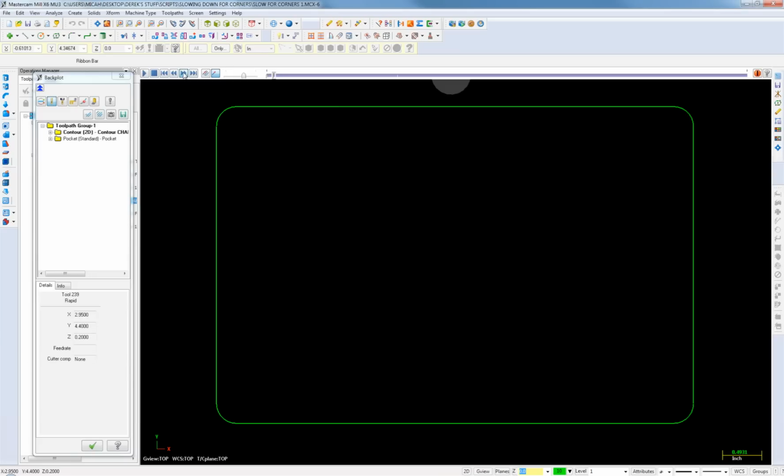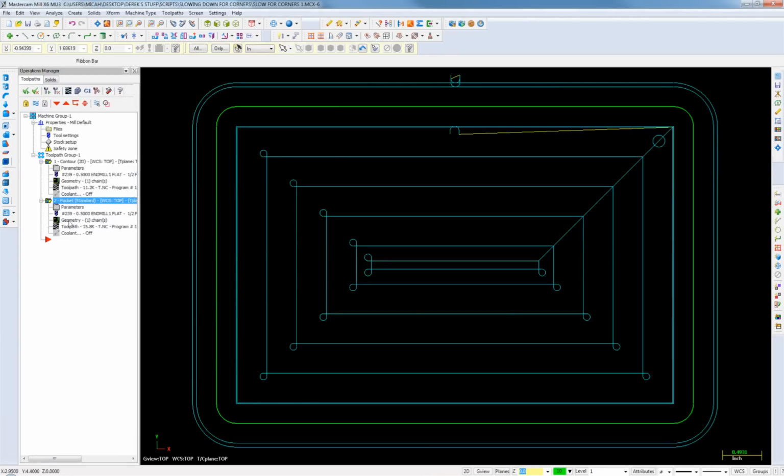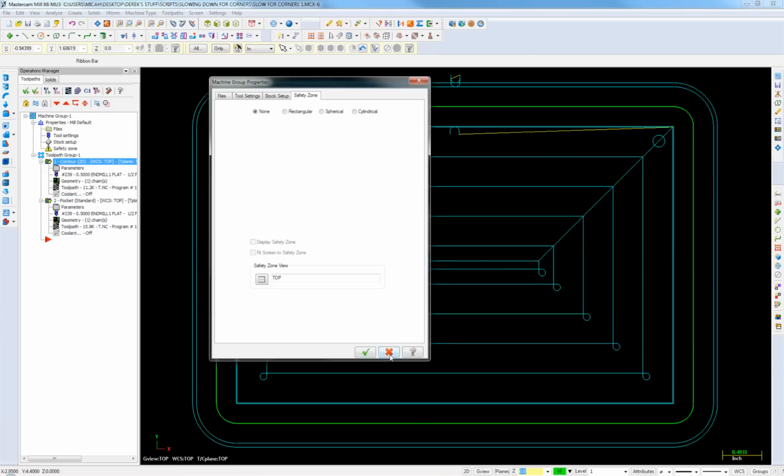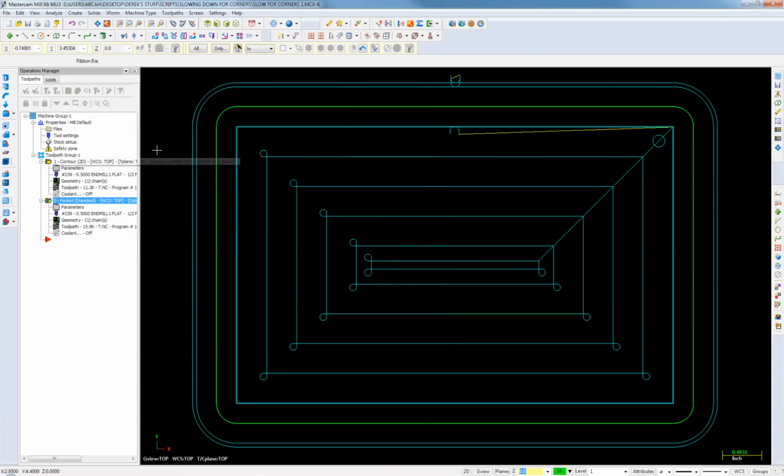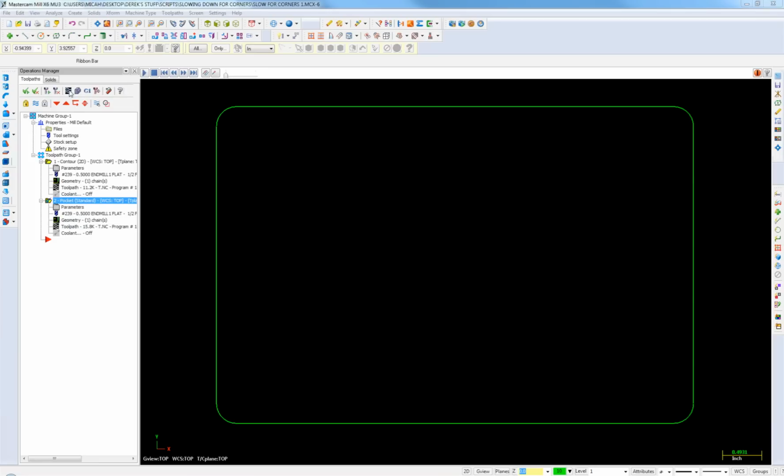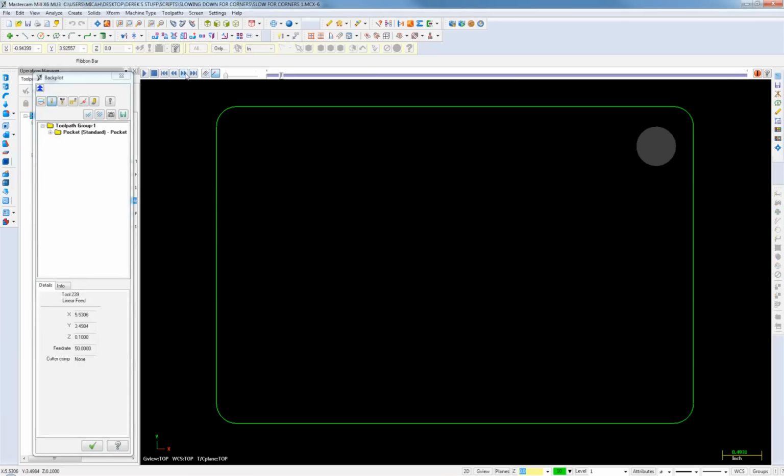So it'll wrap it over. It'll plunge. Oh no, now I'm backplotting both. There we go. Backplotting the pocket. So we'll see it wrap it over, plunge at 50 inches a minute, but because it's set up with a helical entry,